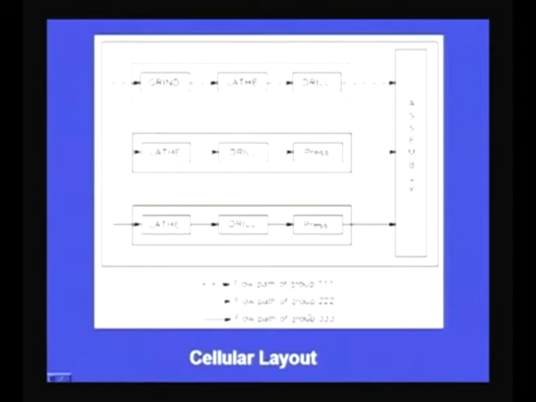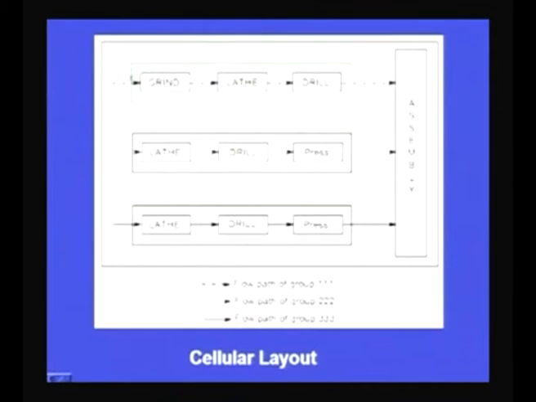Similarly, for the flow path of group 222, there is another part family or another product family which is going through this particular cell: lathe, drill and press. Then there is another flow path for group 333. So, there is another part family or product family which is following this particular path, and finally the sub assemblies here are assembled to get the final product.